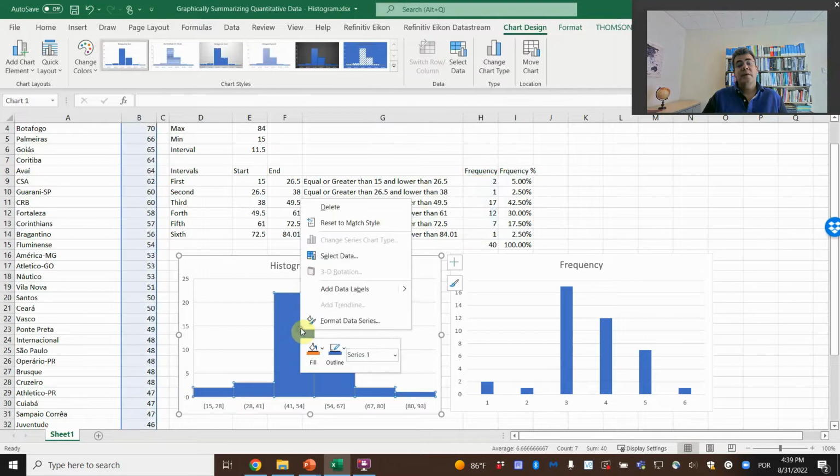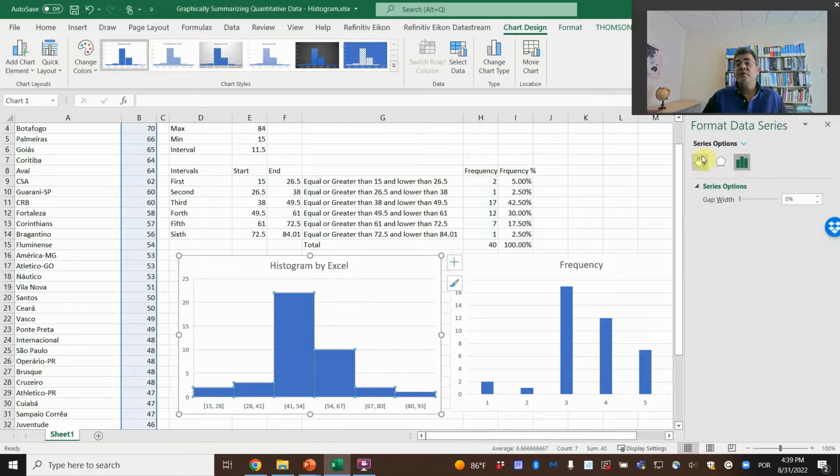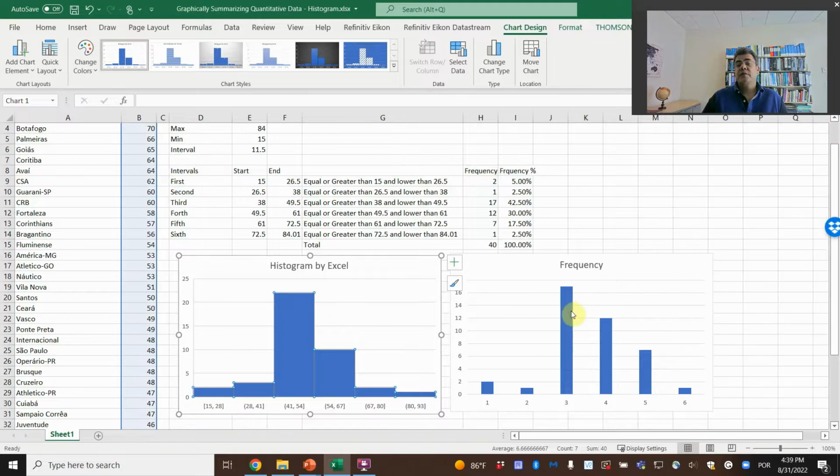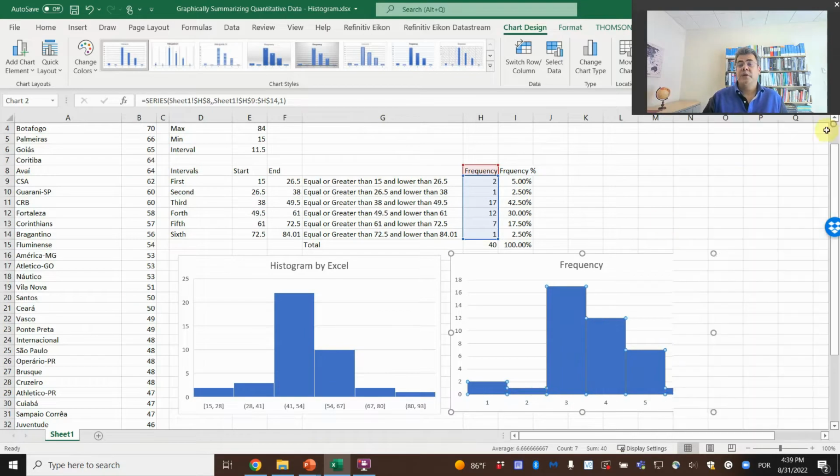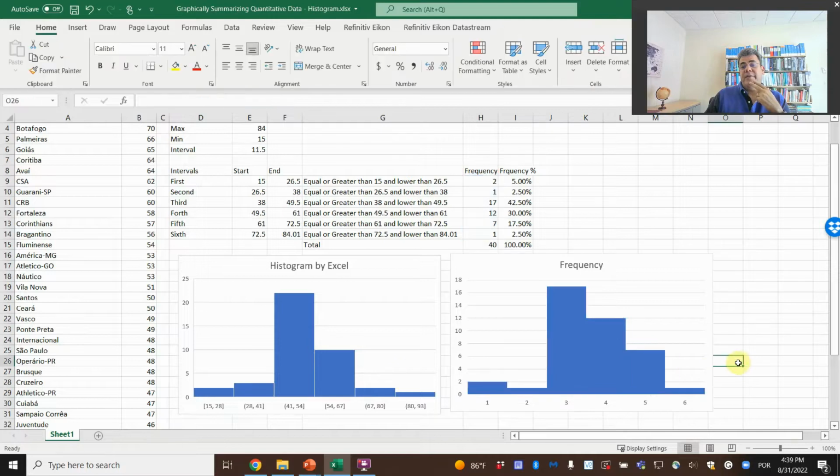Right click here. Format data series. Gap width 0. Let's do here. Format data series. Gap width 0. They will be here. See, they are close, but not that close. So see, they are not the same. So if we are doing this for, okay, let's see some random histogram and so on,